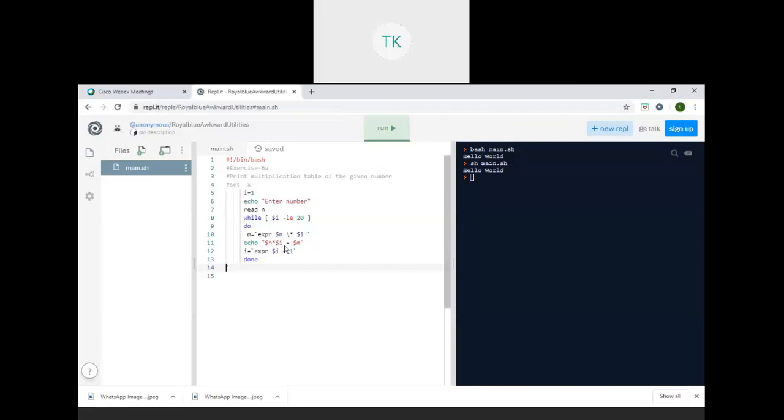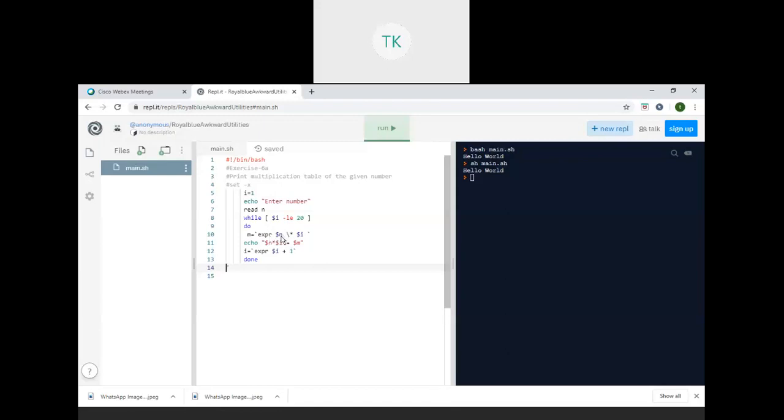And then I echo $n multiplied with $i equal to $m. So here you try to remember, whatever number we are giving, it compares with the while loop. If it is less than 20, it goes inside the loop and multiplies.